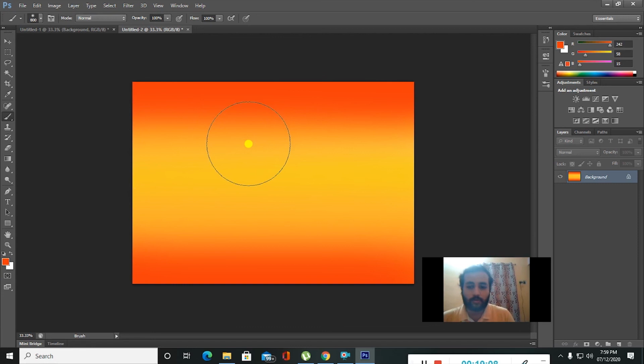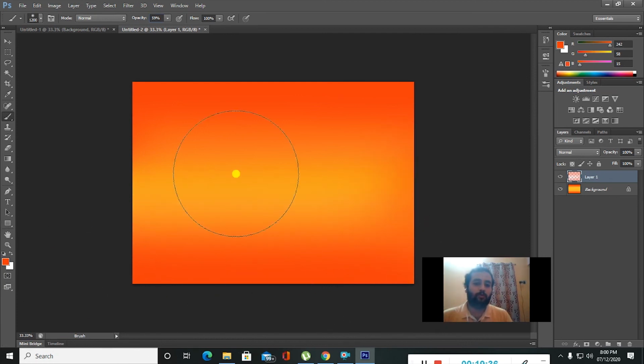To smudge that, create a new layer with the same orange color. Here I have an option called opacity for the brush tool. This is only for the brush tool. When you reduce the opacity here, the color intensity will reduce. Make sure you increase the brush size and then make a fill so that it will get merged. The hard edges will become very soft and you will get a very good output.